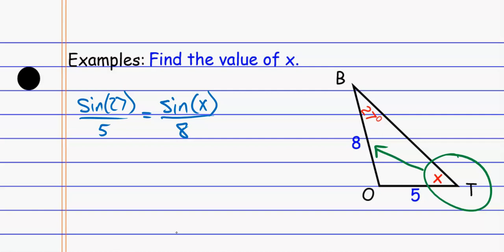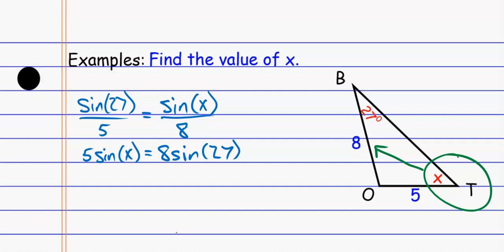But now I'd start off the same way. I cross multiply. So if I cross multiply here, that's going to give me a 5 sine of x. So 5 times the sine of x equals 8 times the sine of 27. And yeah, I could plug that into my calculator, but I'm not quite ready for that. I want to wait till the end to plug it all in, so this way I don't have as much